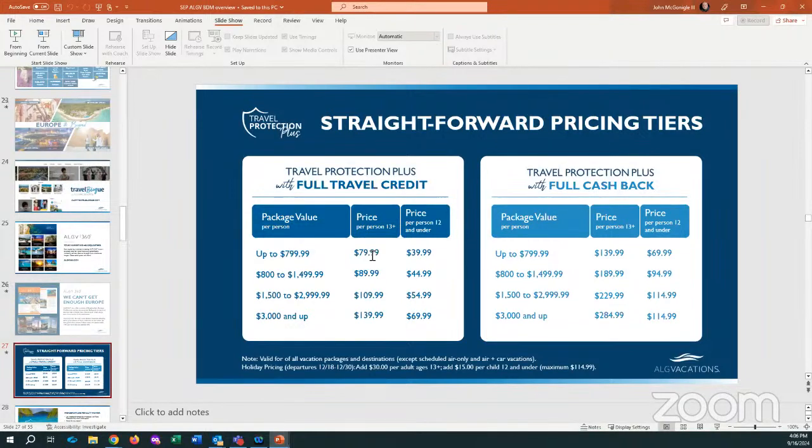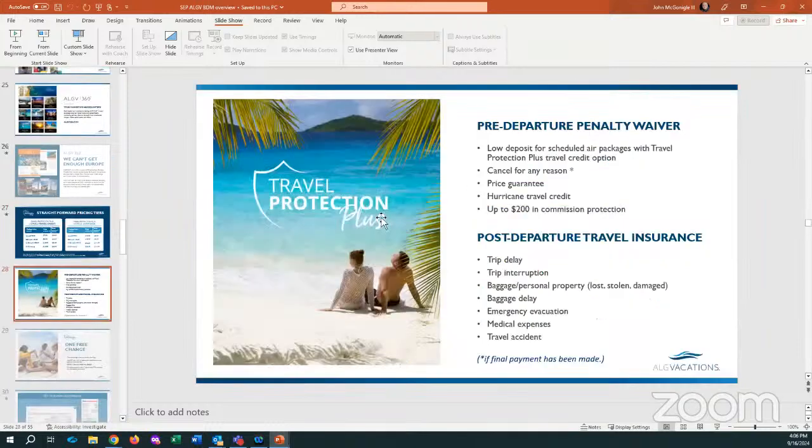You as well get a double dip, because you get your full commission on their next trip when they come back and book with you. Plus, you've already gotten the $200 from the work that you've done initially when they didn't even travel. Okay.